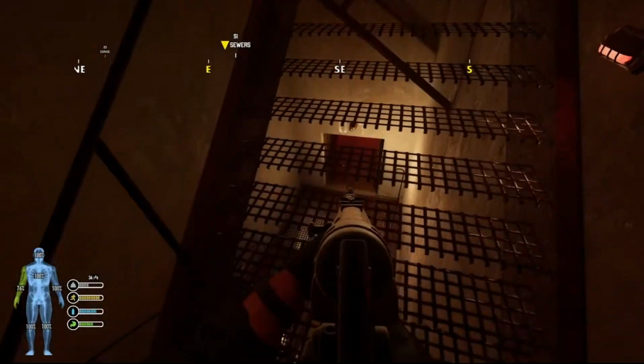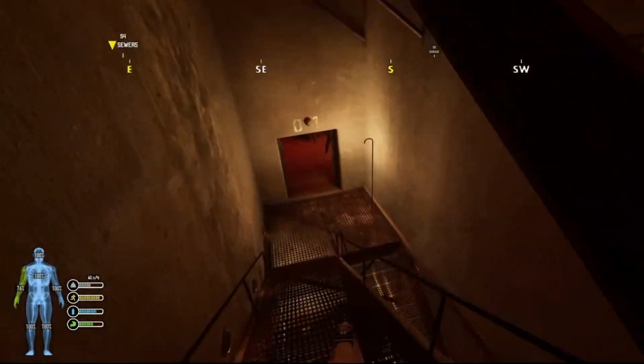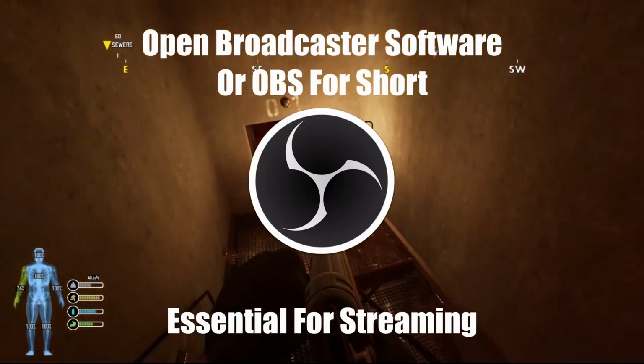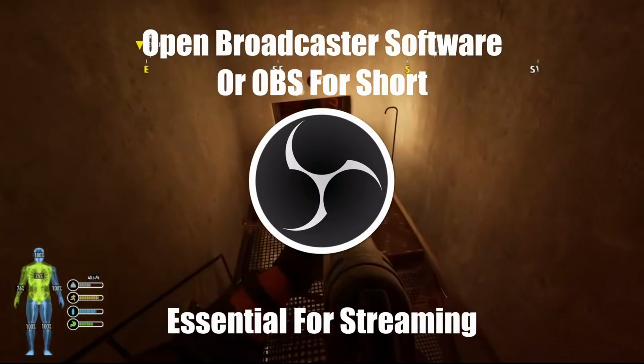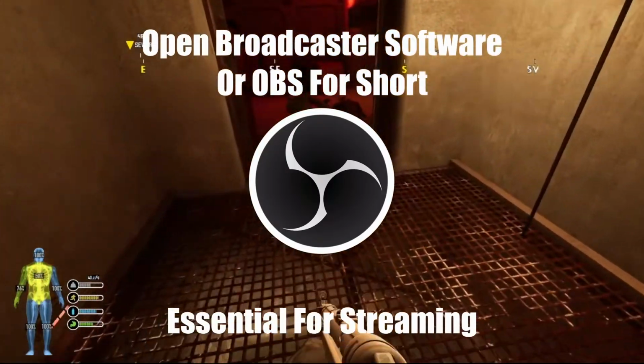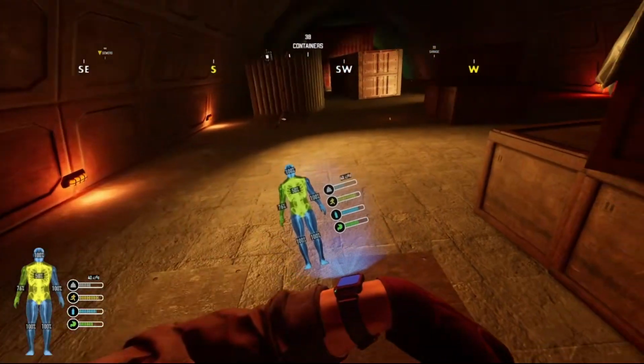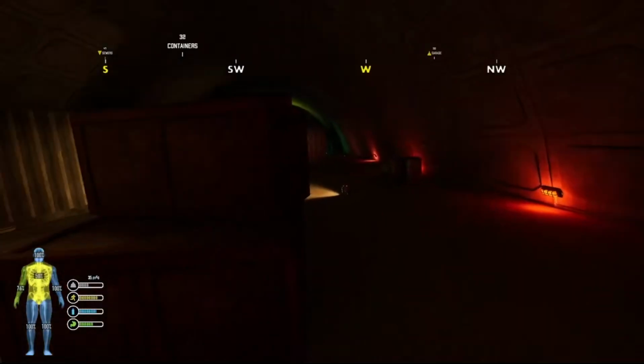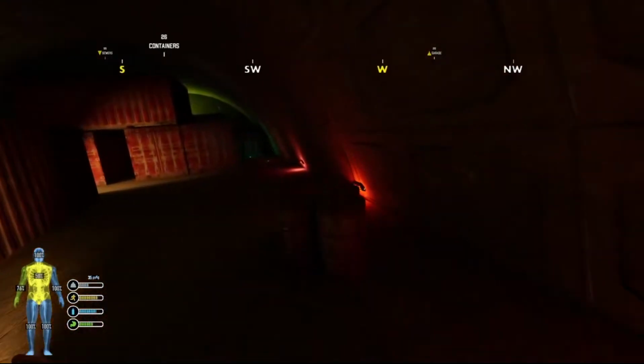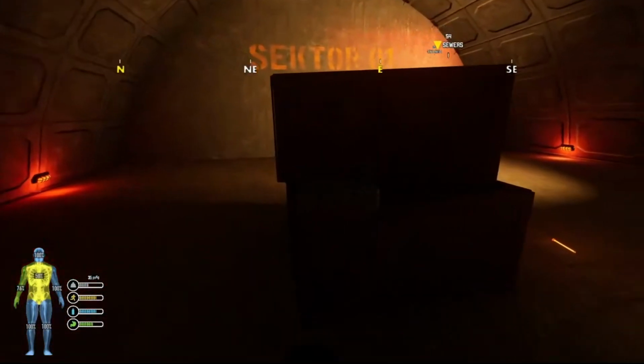So now on to our software. Firstly, we of course have Open Broadcaster Software. This is probably the most important thing to use because it's what enables you to stream in the first place, I guess. There are other options out there, but for simplicity's sake, OBS is just the best option,